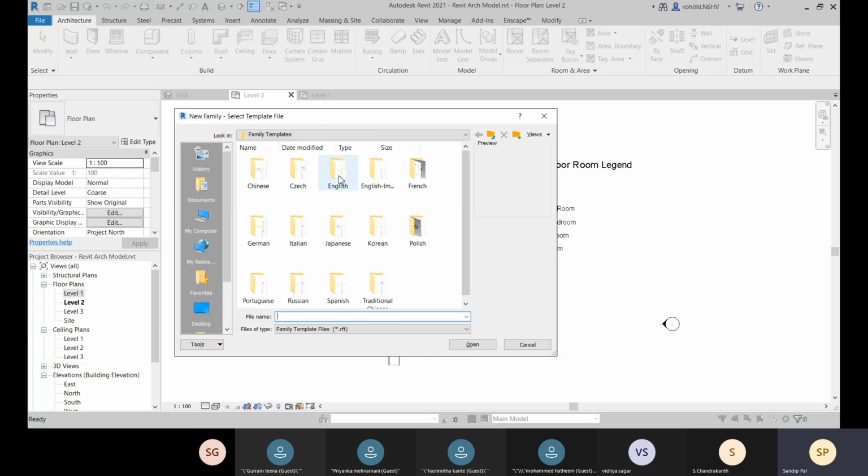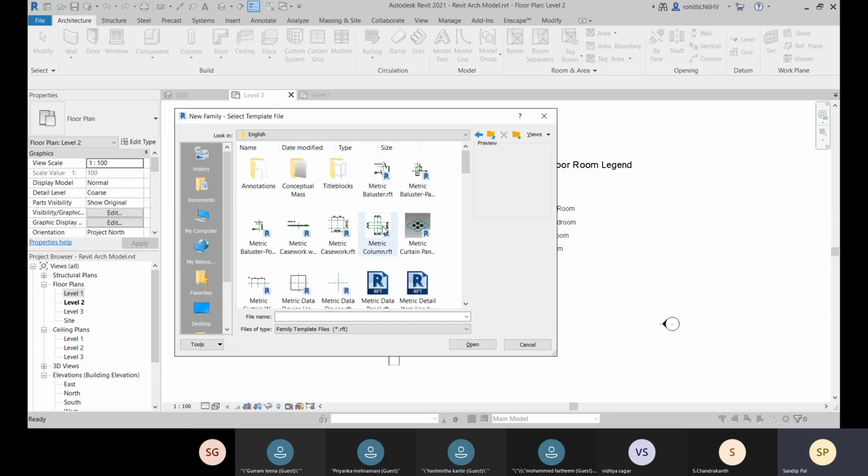So let's go to this English, because I'm working with metric units. If you are working with feet and inches, you can choose English Imperial, and within that you have all the template files related to your perfect family file.